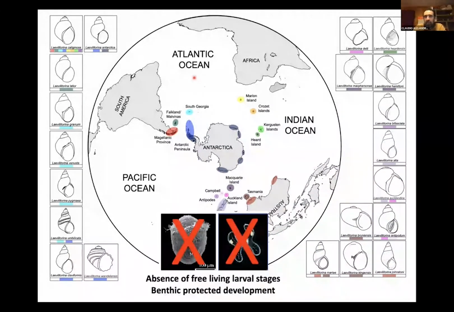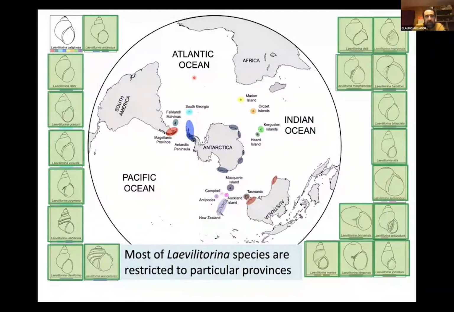The genus Laevilitorina is characterized by the absence of a free-living larval stage. All the species of Laevilitorina have benthic protected development. This means that the female puts egg masses from where small juveniles are directly born. Accordingly, most Laevilitorina species are restricted to particular provinces or particular areas of the Southern Ocean and the Southern Hemisphere,